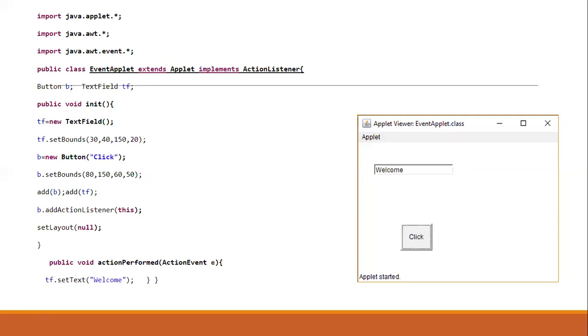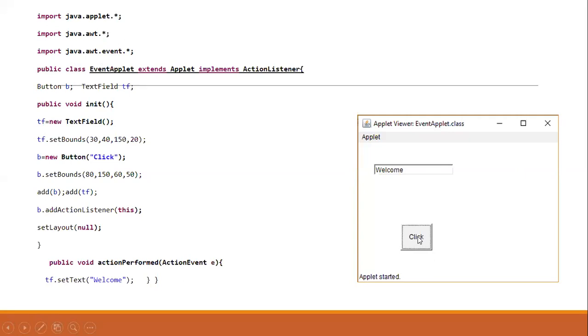Right now in this program I am using AWT. I am not using swing. I am going to use swing also, but in this program I am using AWT. AWT is the lower, less advanced version of swing. We have already seen the difference between AWT and swing. So I will import java.applet.*, I will import java.awt.*, and I need to import java.awt.event.* because I want to handle the button click event in this program.